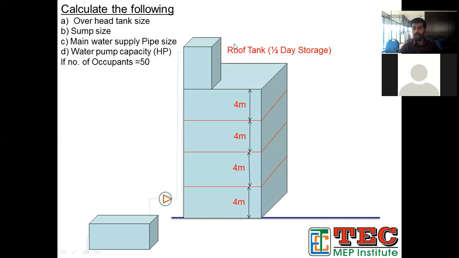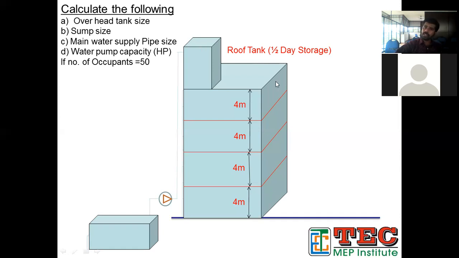That's why they have given half day storage, to pump 2 times a day. If you are giving 10,000 liters, one advantage is that for 2 days you don't need to pump. That is the only advantage, but when you compare with the cost, it is huge. So if you are dealing with half day storage, it is fine. And if you are dealing with 1 day storage also, it is okay, no problem.